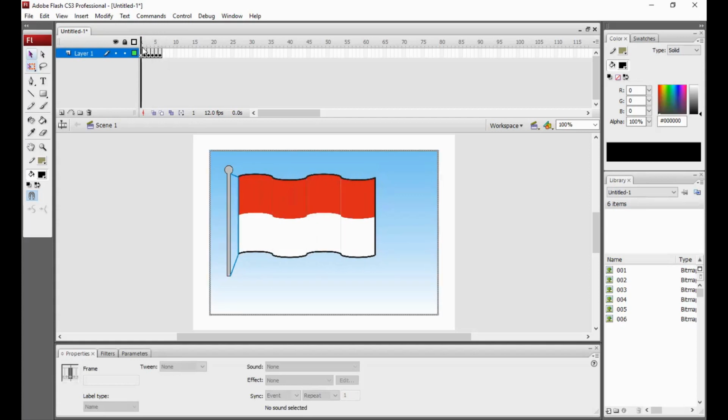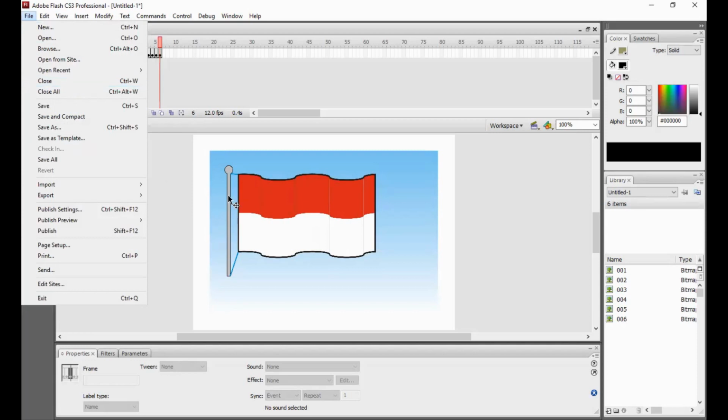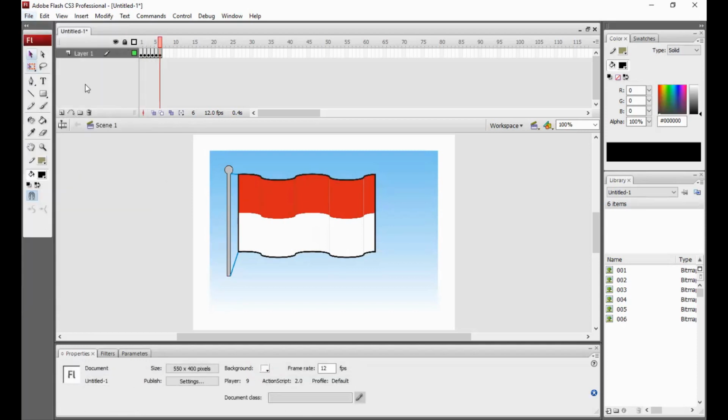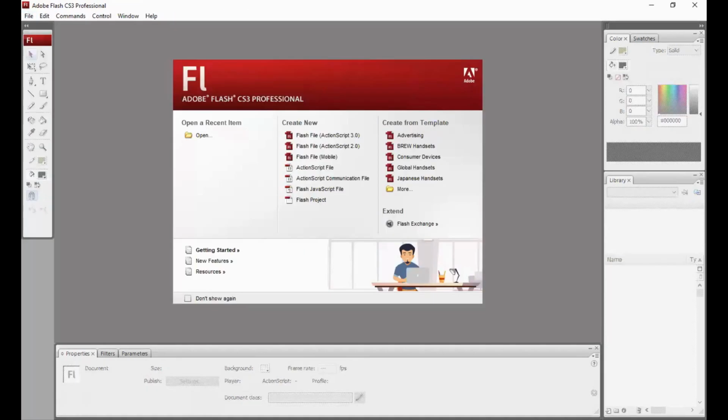See? Okay. Oh, sorry, wrong. I think it's wrong. Okay, let's try. Let's close here. No, I will change first. Here, I will try to move the roof on top.